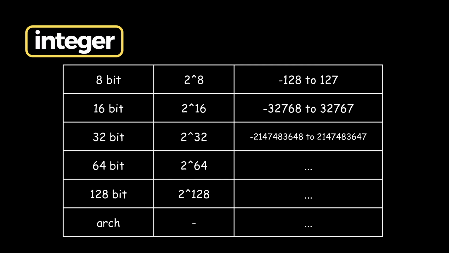Integer variables are further divided into categories: 8-bit, which holds 2 to the power 8 values, 16-bit, which holds 2 to the power 16 values, and then we have 32-bit integers, 64-bit integers, and 128-bit integers. There is one more special integer data type, which is arch, and we also call that the architecture type integer. So basically, how does that data type work? If you are going to run your program on an x86 architecture machine, then it will automatically consider your integers as 32-bit. And if you are running your program on a 64-bit machine, then it will automatically consider your integers as 64-bit.